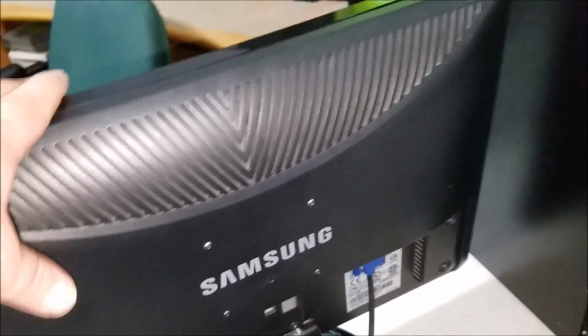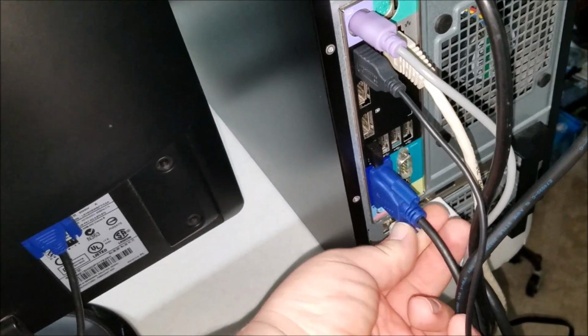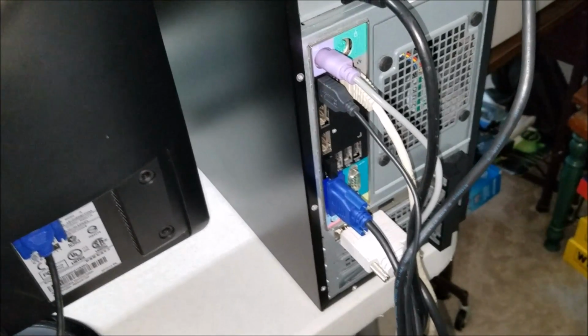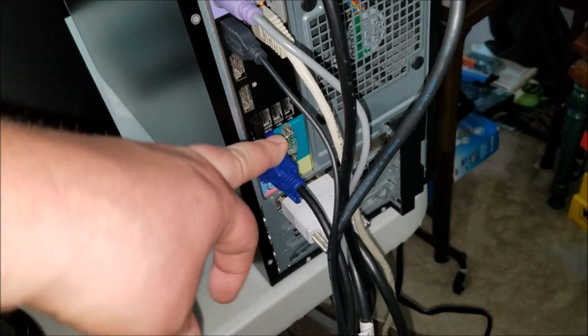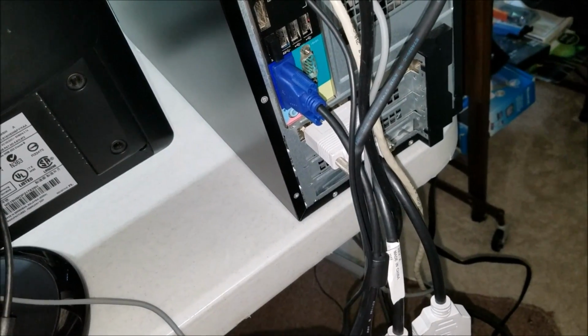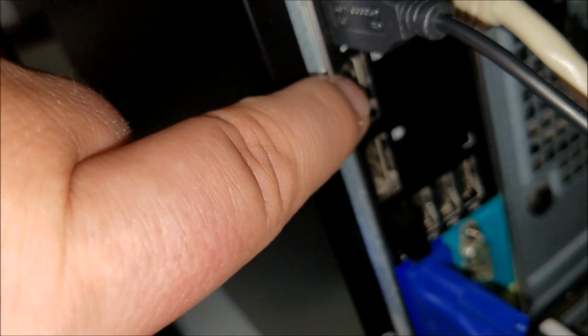To get the 3rd monitor working, the Samsung, I'm actually using the internal Intel HD graphics that's built onto this motherboard. That's right. These particular motherboards allow you to use both the dedicated graphics card and the onboard graphics. So theoretically, I could actually have 5 monitors hooked up to this. The 2 on the dedicated, and on board I have a VGA port, and then here there are 2 display